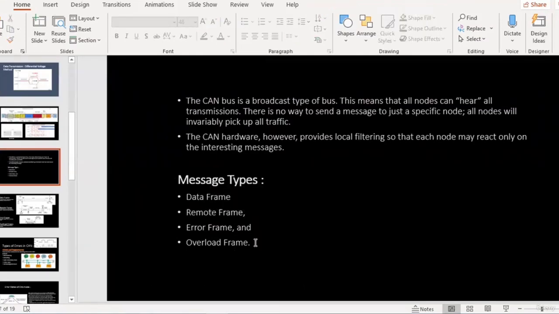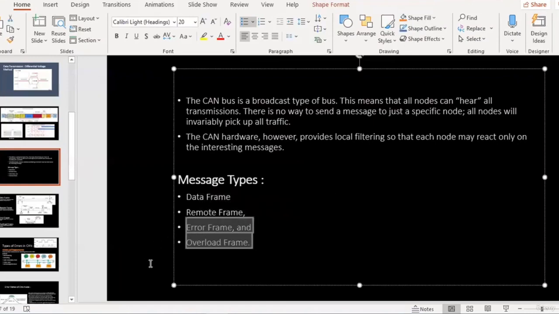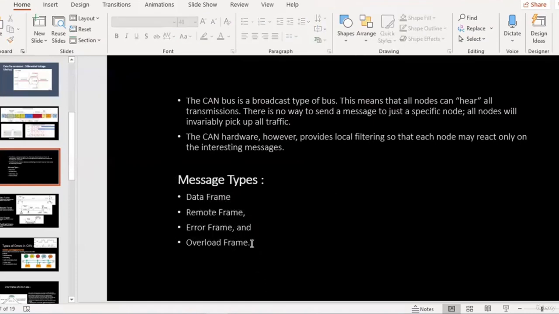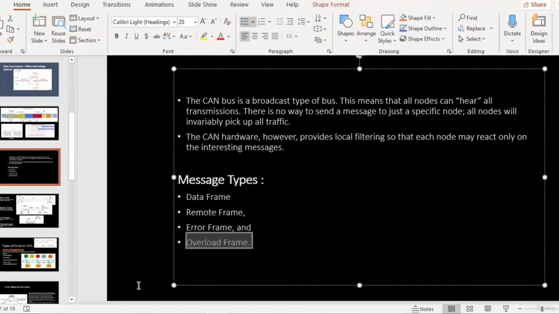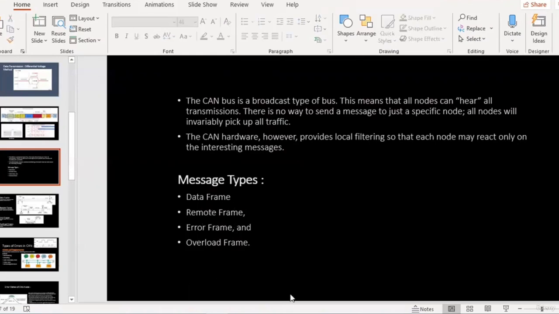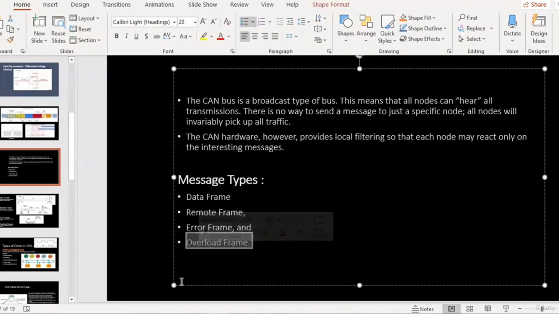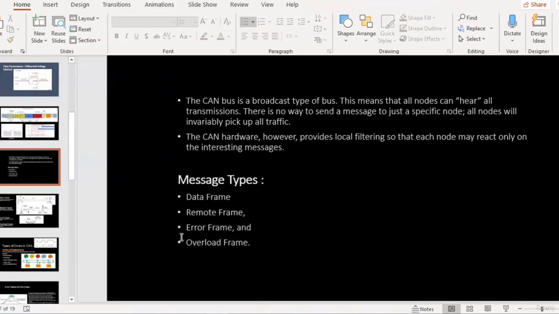Error frame and overload frame would be explained later, but just to give you an idea, overload frames are frames sent between regular messages to provide some extra processing time for the nodes, so that they are able to digest the information, store it, and come back and receive the upcoming data. So an overload frame is basically an extra frame sent to get extra time during the regular transmission and reception, so that the received data is properly stored and digested.